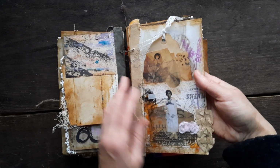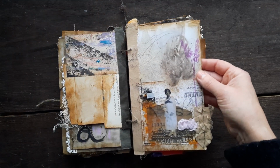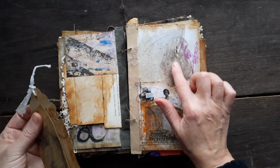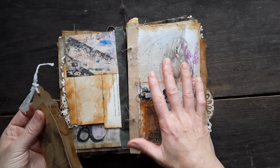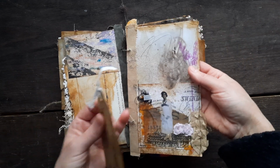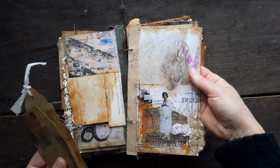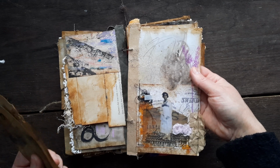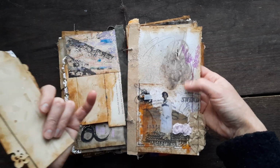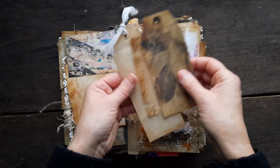This as well, I love this. It's a very romantic page, like pocket, like that. Under is eco-dyed paper, but that eco-dyed wasn't bright enough. But look, if you do eco-dyeing and it didn't really turn out the way you wanted it, you still can use it. Look how good it looks as just background, and just a simple clean